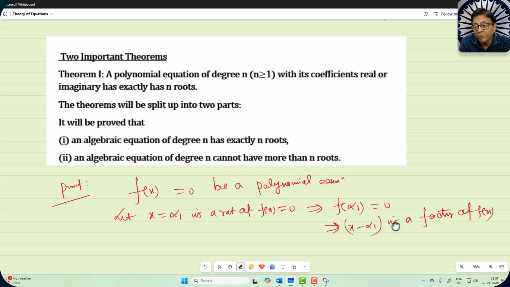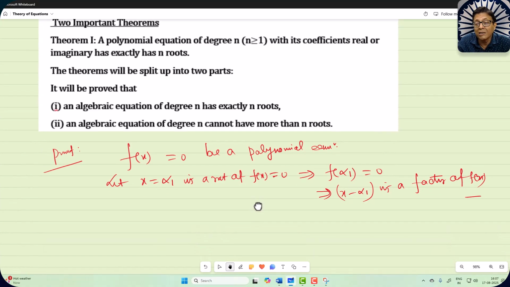In the theory of polynomials, we have done many important things. x minus alpha 1 is a factor of f(x). What does it mean? That f(x) you can write in this form: (x minus alpha 1) into phi(x),